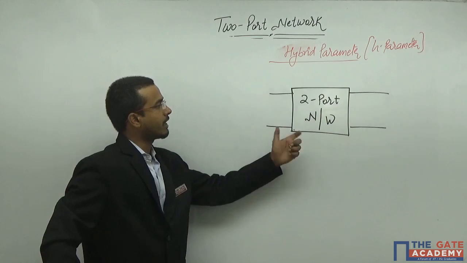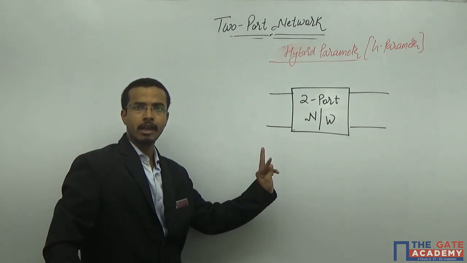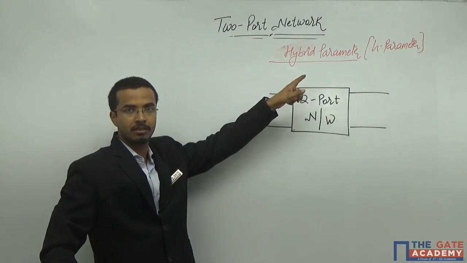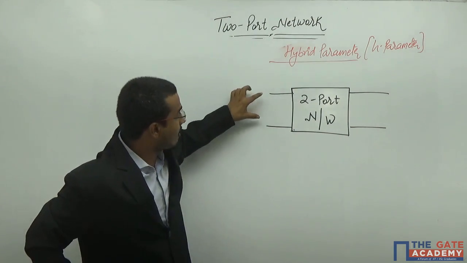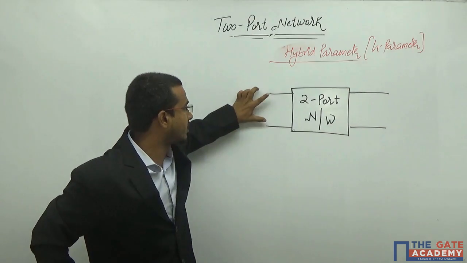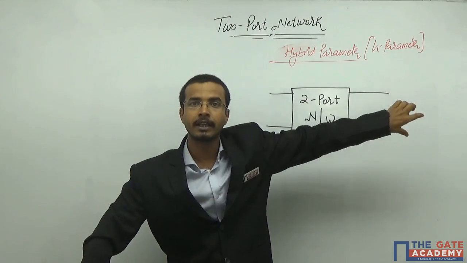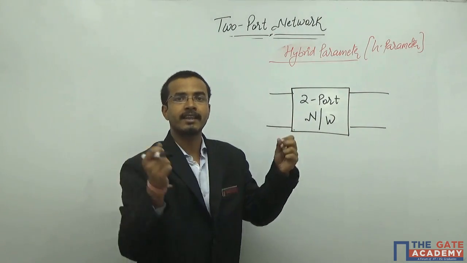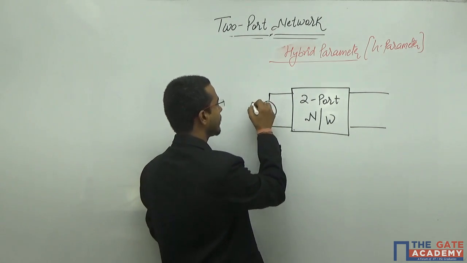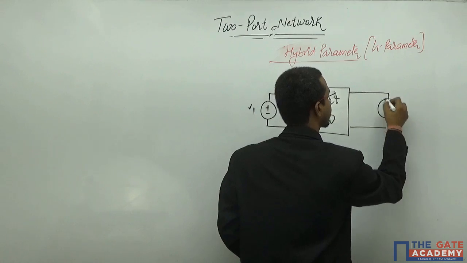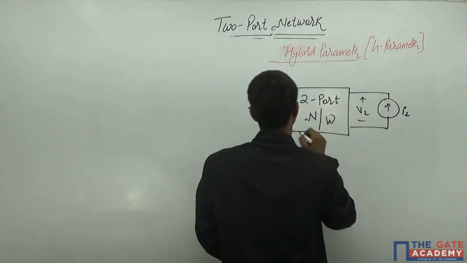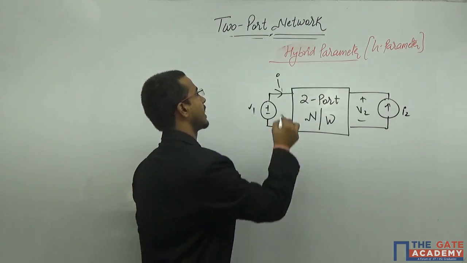Now, it is again my two-port network, and here I will only change my orientation with respect to H. In the H, I applied the value of I1, that is a current source, on this side and the voltage source on that side. Here I will change only the selection of my independent variable. On this side I will now apply the voltage source V1, and I will apply the current source I2 on this side. The developed potential is V2, and the response here is my I1.